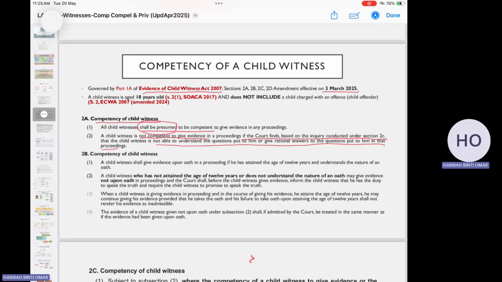So if you look at section 2B, subsection 1, a child witness shall give evidence upon oath in a proceeding if he has attained the age of 12 years and understand the nature of an oath. So basically, under section 2B of the Evidence Act, a child,